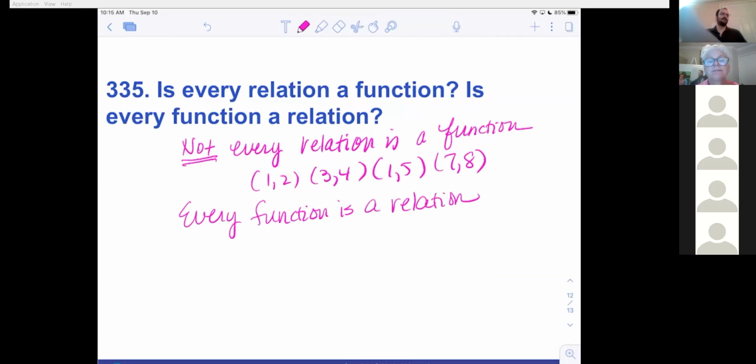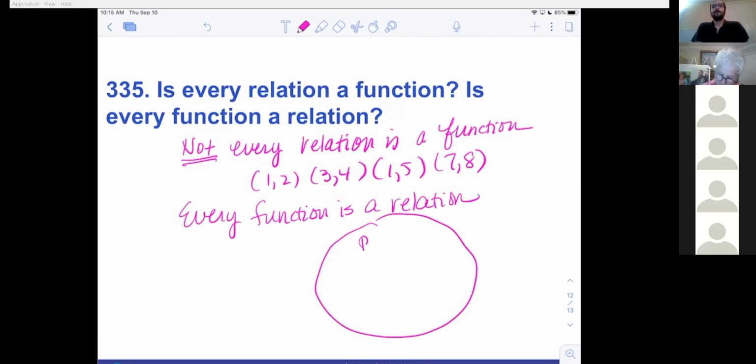I think of it kind of like a set or a subset, like a Venn diagram. A relation, and then a function is a very specific type of relation. Functions are inside the set of relations. And I really like the vending machine analogy for a function. I also like